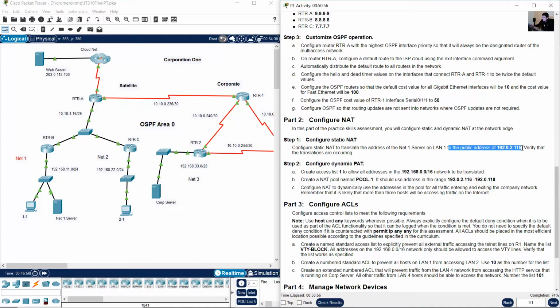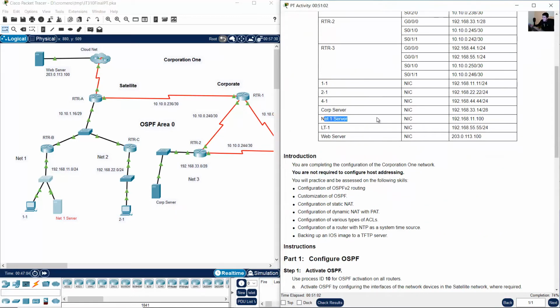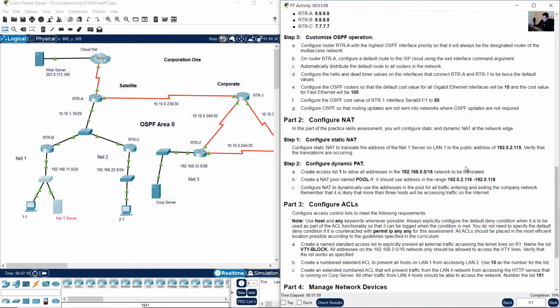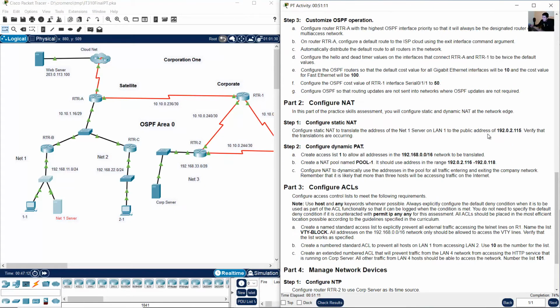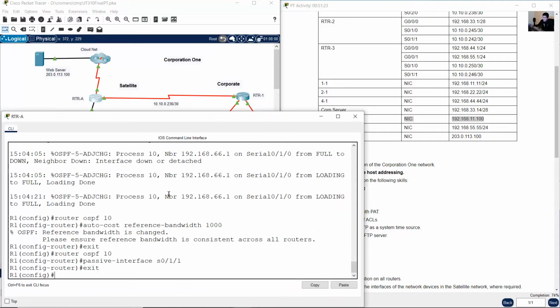192.168.115. The private address of the net1 server is 192.168.11.100, and the public will be 192.168.150. So configure this on router A, on the network edge. Router A, global configuration mode,